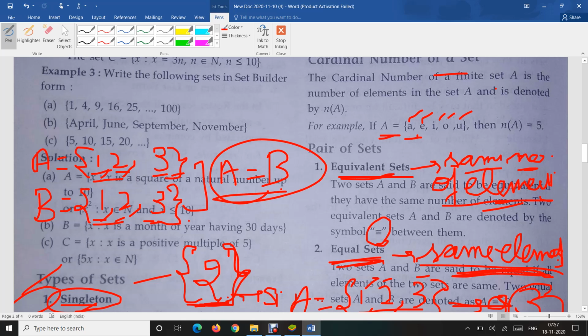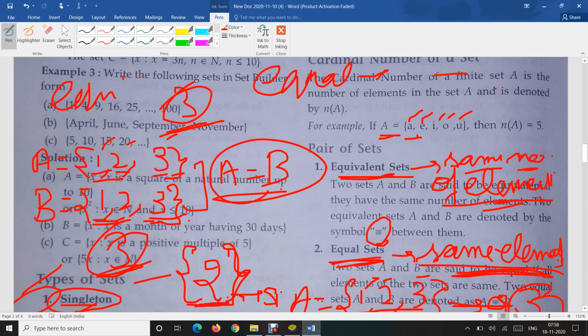Now count the number of elements in set A: 1, 2, 3, so 3 elements. Count the number of elements in set B: 1, 2, 3, so 3 elements. The number of elements is the same, so this is also an equivalent set. That's why an equal set is always